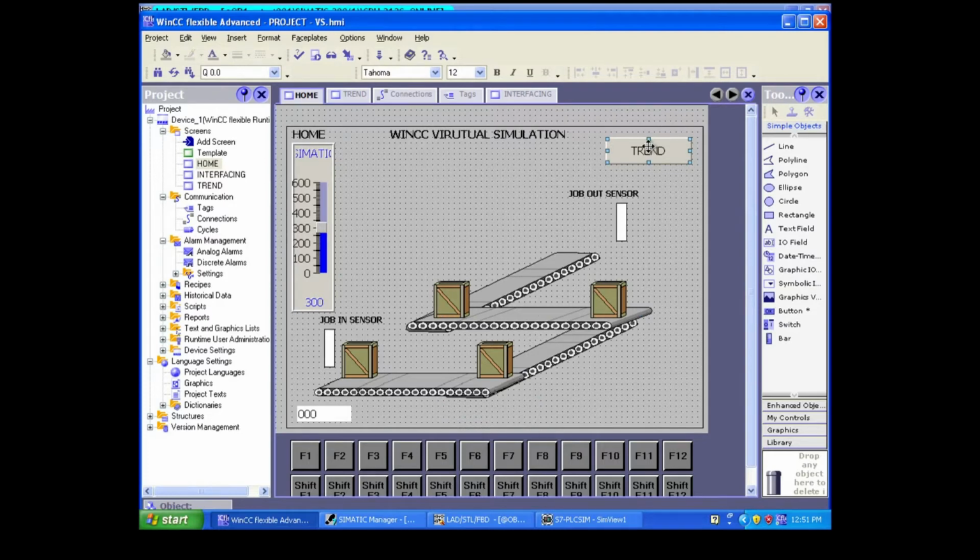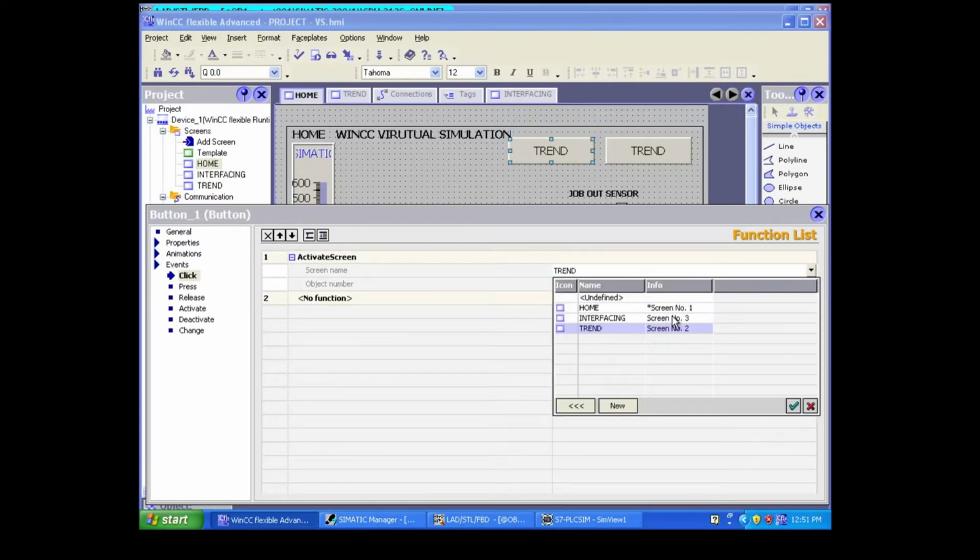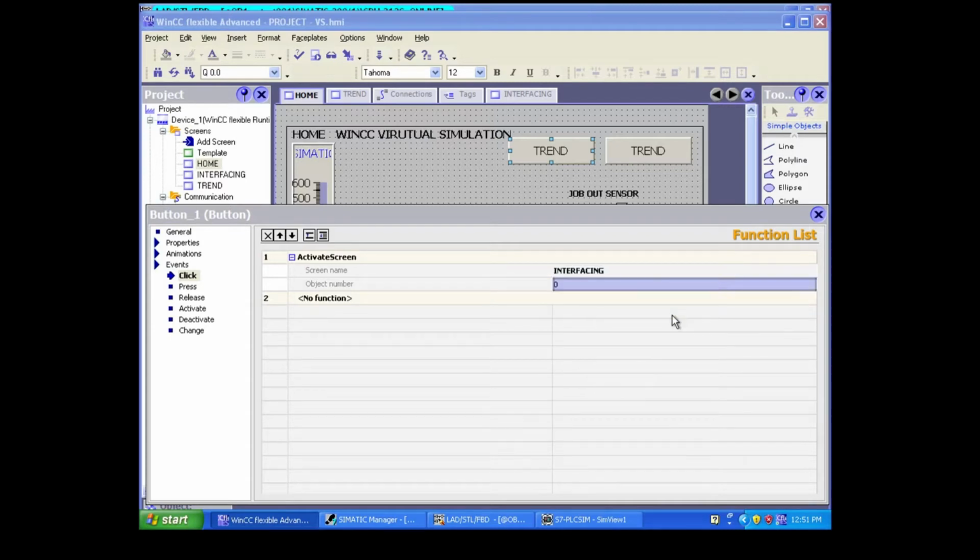In the home screen, I'm going to add one more button for this. I just copy this and paste it over here. For activation, this is all we have seen in the previous session.